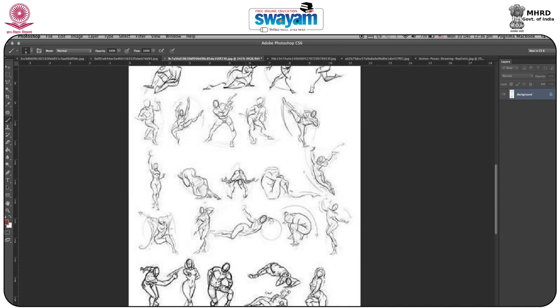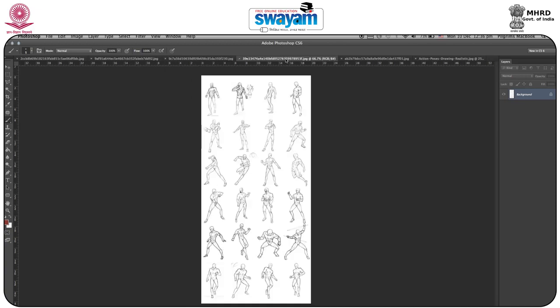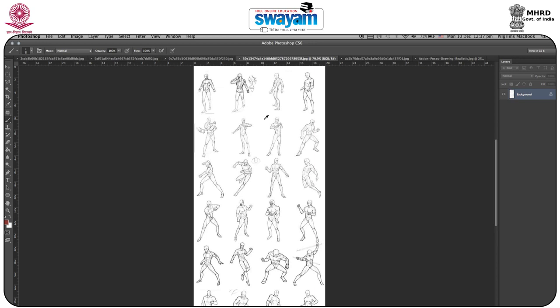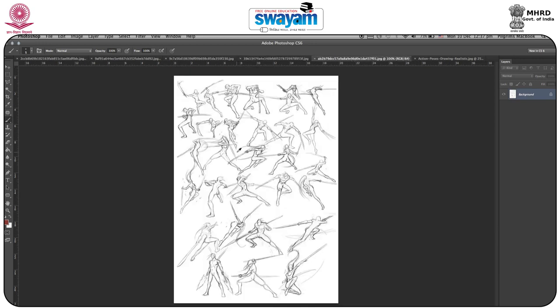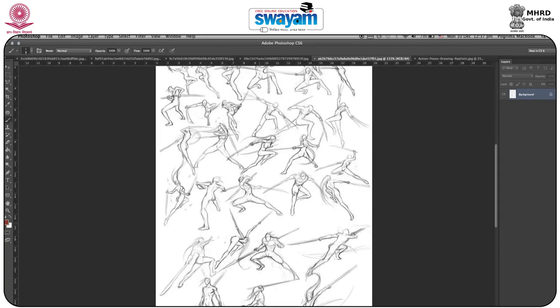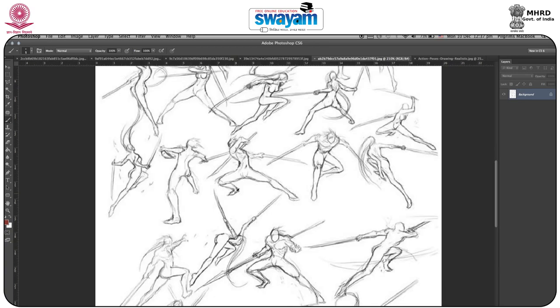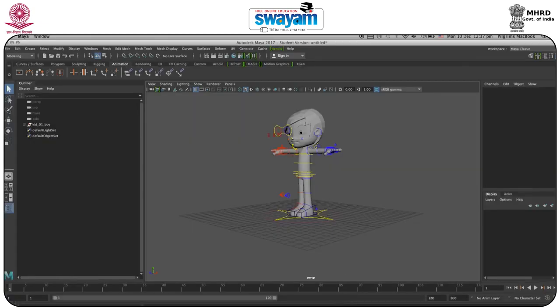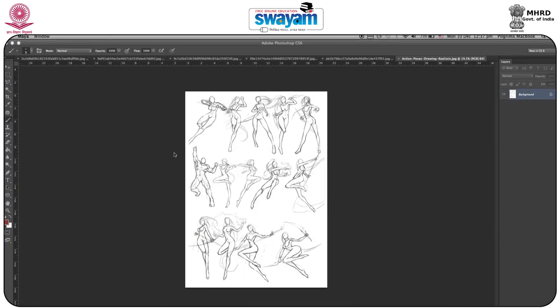So we have taken a couple of references, and what we will do is go to Maya, select the references, and pose at least three types of poses. As you can see, this is a fight scene, so we'll take the fight scene from here. Most of the figures, your first view will go to the legs, especially. This is also a fight scene, so we'll take some amount of it. It doesn't matter if the anatomy is not matching your model. What you have to see is the joints, especially the joints.